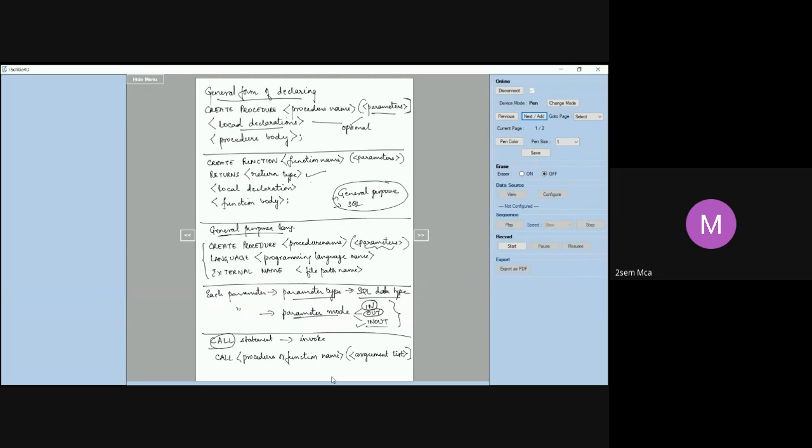This is about how you call it. It is not enough to write and store that procedure in the server. You should be able to invoke it. Any application should be able to invoke, call that procedure, just as we call functions. Similarly, we can call these stored procedures. Any doubts?